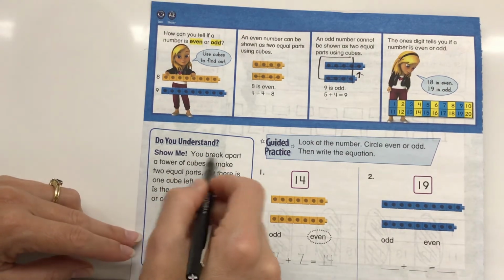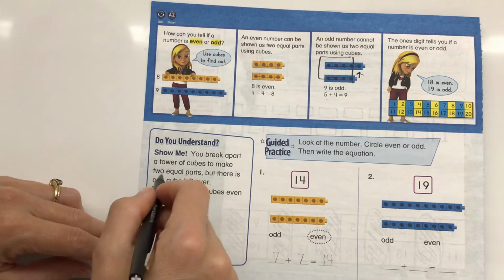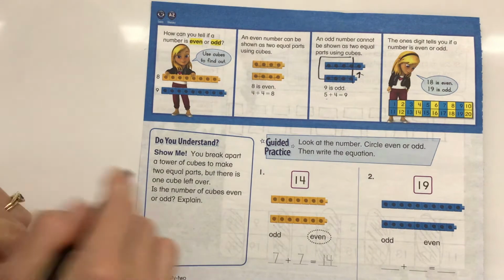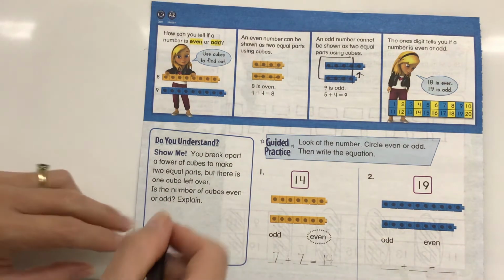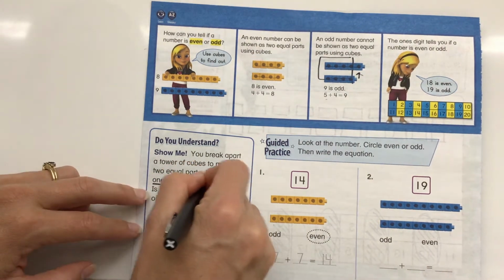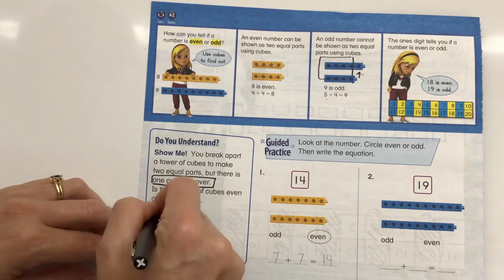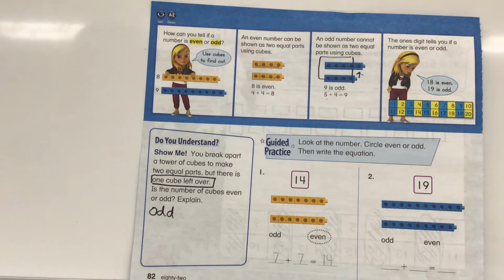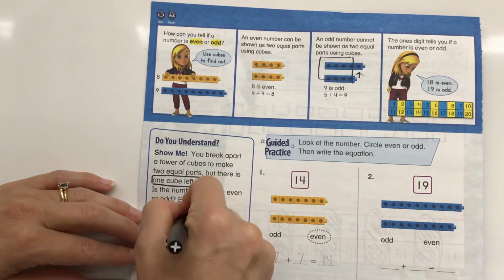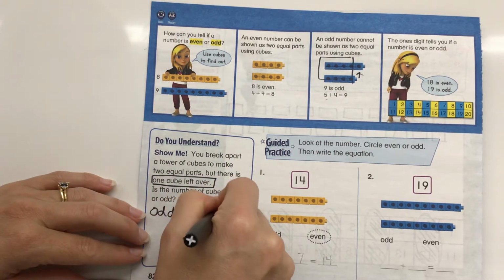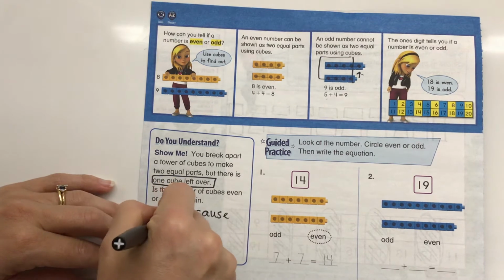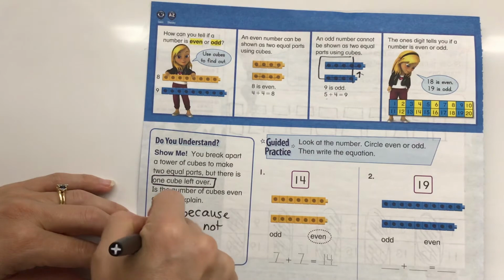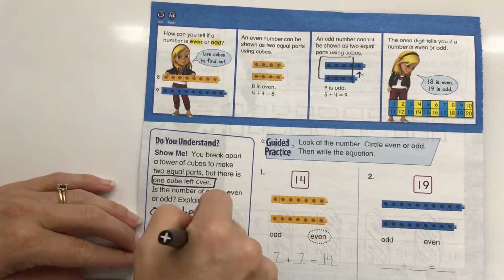Show me. You break apart a tower of cubes to make two equal parts, but there is one cube left over. Is the number of cubes going to be odd or even? So our big clue is we have 1 left over. So we know it's going to be odd because they are not equal groups, correct? Odd because they are not equal